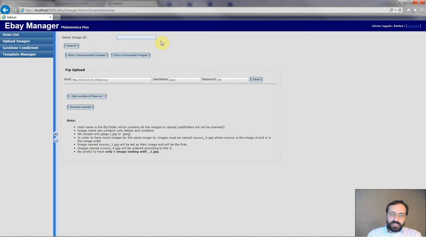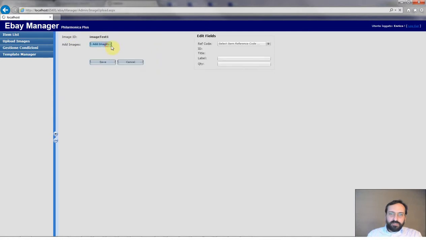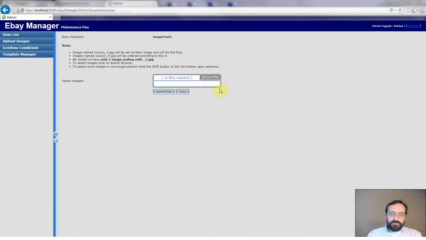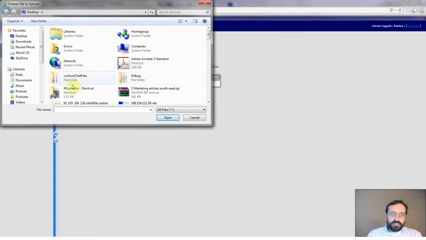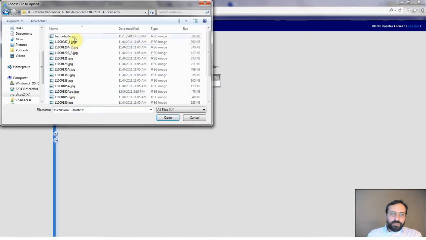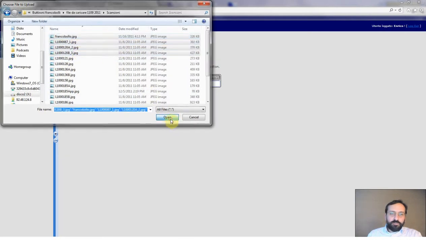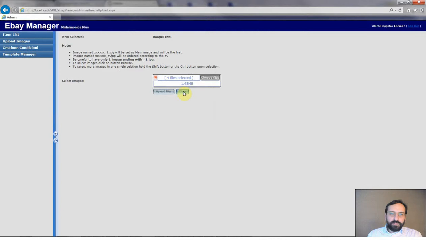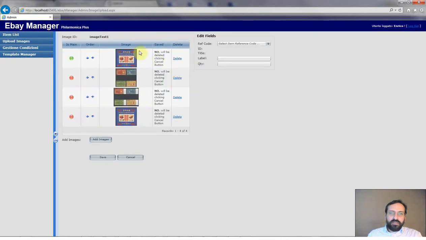I can just give here a code to this image. I can do a search, add images, use files. I will open some images. I can choose more images altogether. I click open, upload, and now I have my images